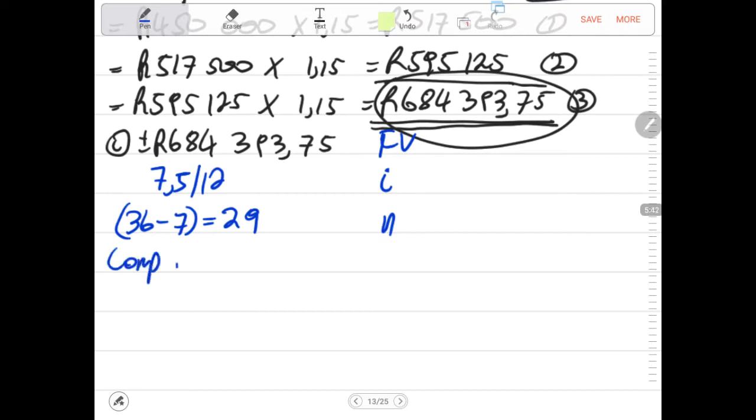Then we say compute PMT. Then now we know how much payments must be made in order for Jack to get to his target of 684,393.75. So now let us compute those PMTs using the hard copy calculator that I have at my disposal, which is not visible to your eye. Don't forget second function alpha 00 to clear the memory. You press the button plus minus